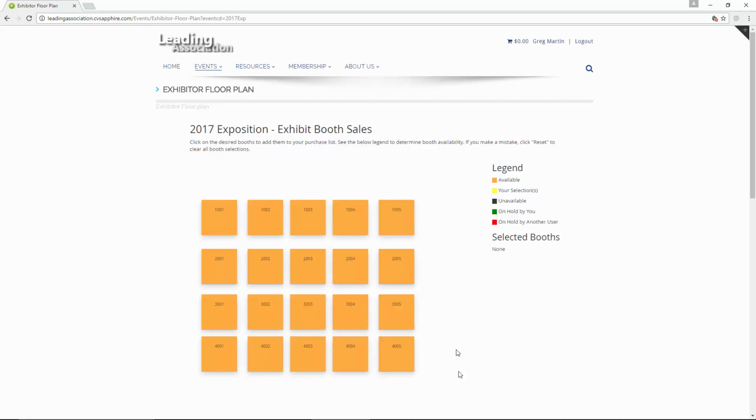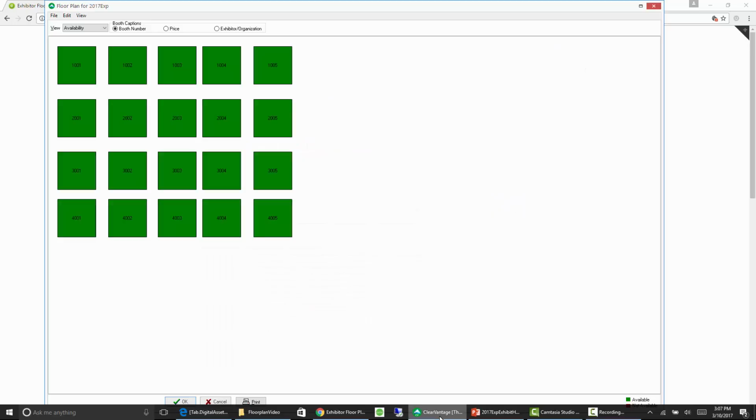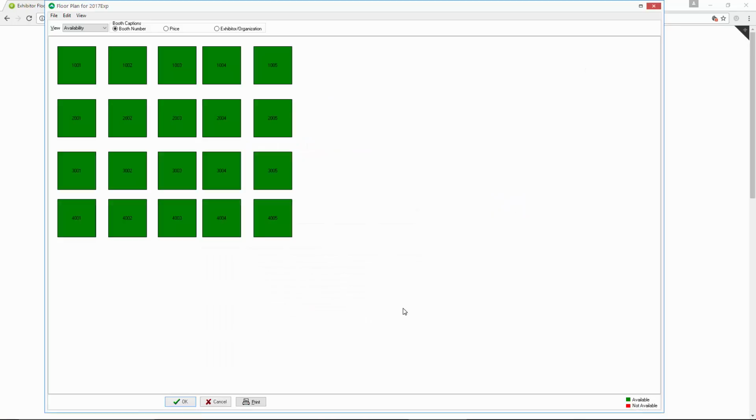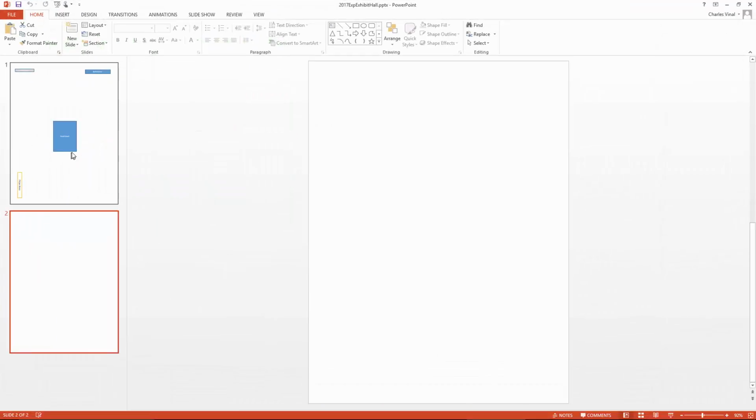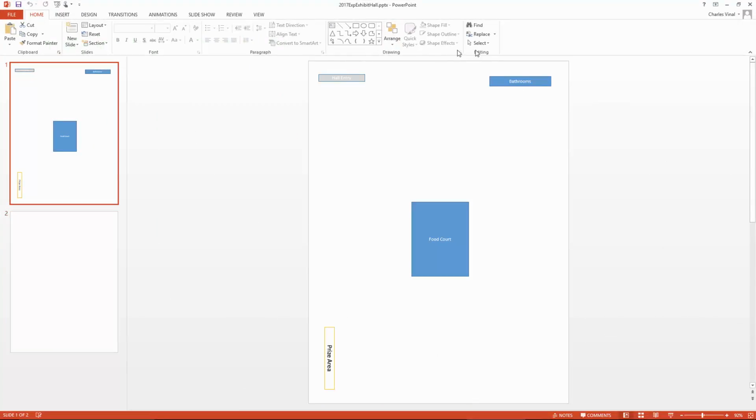So I'm going to go back to ClearVantage, and the first thing I'm going to do is load my floor plan background layout. Now you're going to get a background layout from your exhibitor hall, which needs to be in a JPEG format. What I did is I went in here and I created a basic floor plan layout. And in this case, it is important that you have the right image size. So I created an image that was exactly the size of a piece of paper,